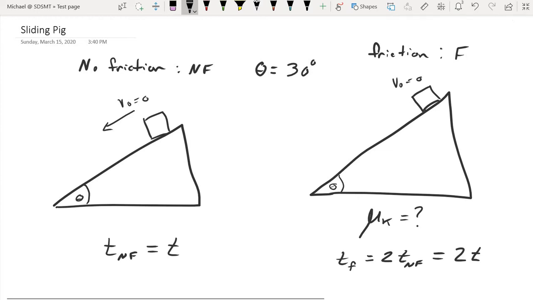Now, with everything that we have here, there's a lot of unknowns, which can be a bit overwhelming, including the fact that we were not told the mass of the pig. And this is a problem dealing with friction, which is a force, and force requires the second law, F equals ma. So how are we supposed to do this without the mass of the pig? Well,